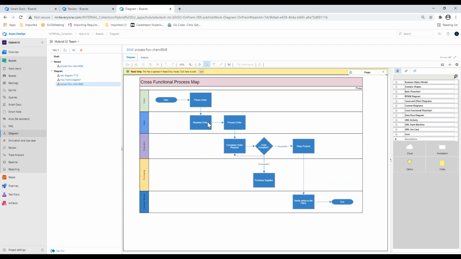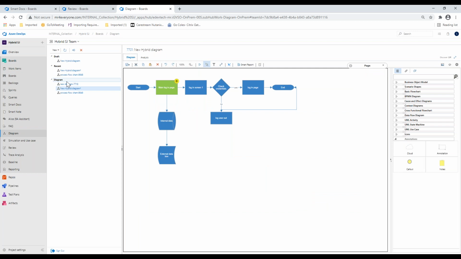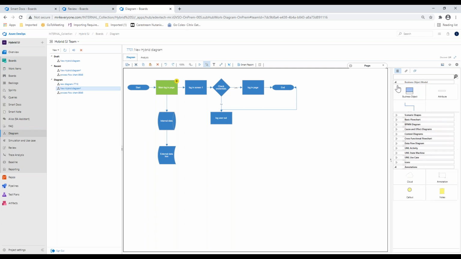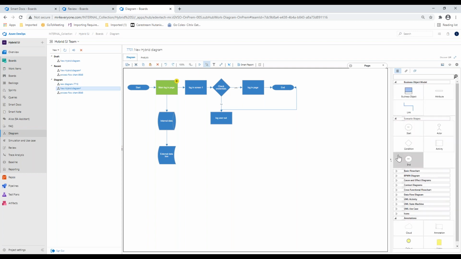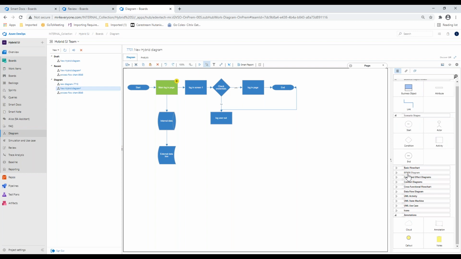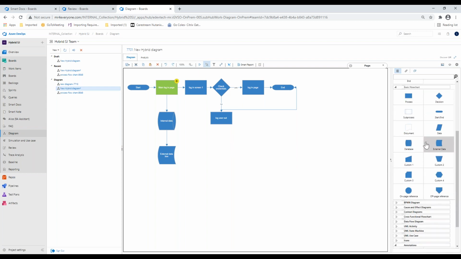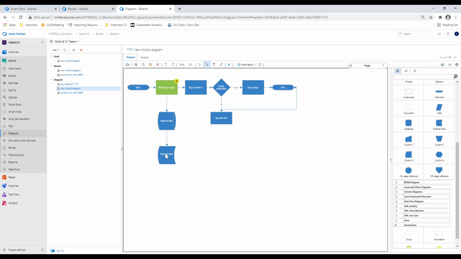Well, that part is taken away, because here you can create your diagrams, your flow charts, and you can link them to the requirements as you're working with your flowchart. So of course, we've got different stencils available here. You can use your BPMN, you can use your UML models, whatever stencils you want to work with. Of course, I'm working with a basic flowchart here. And it doesn't matter which one you use, it's just as easy as dragging and dropping